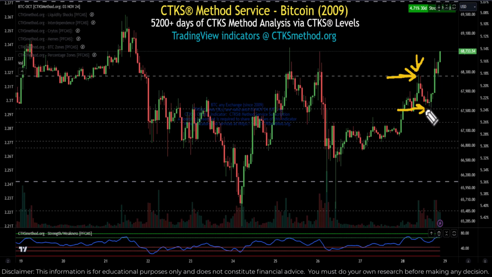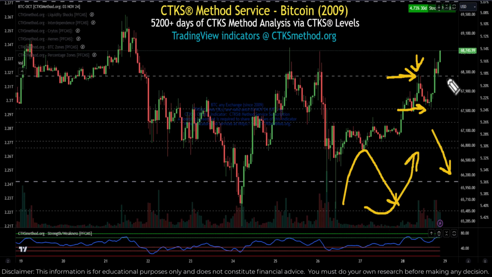And that has actually found a level of structural support around 67,500 because the DXY started to crater. You can remember the DXY particular chart, and it was coming down like that. That is the driver that sent the indices up at the same time and pulled Bitcoin through that 68,300 level